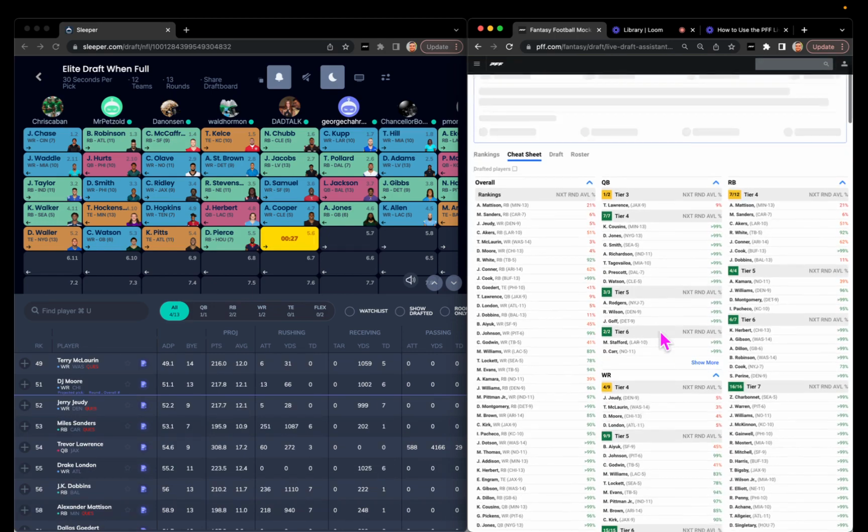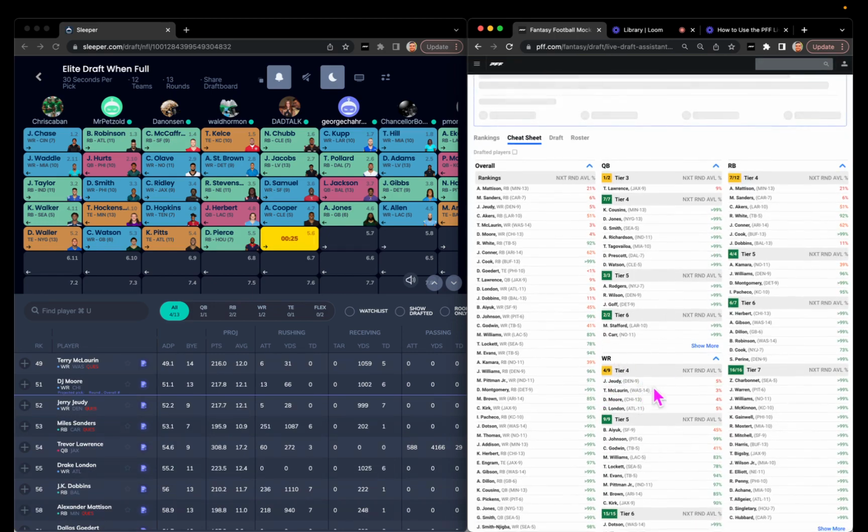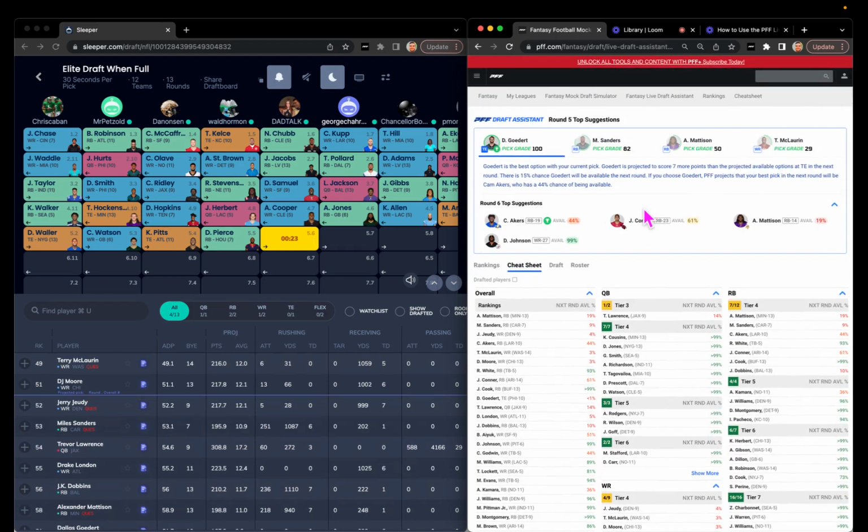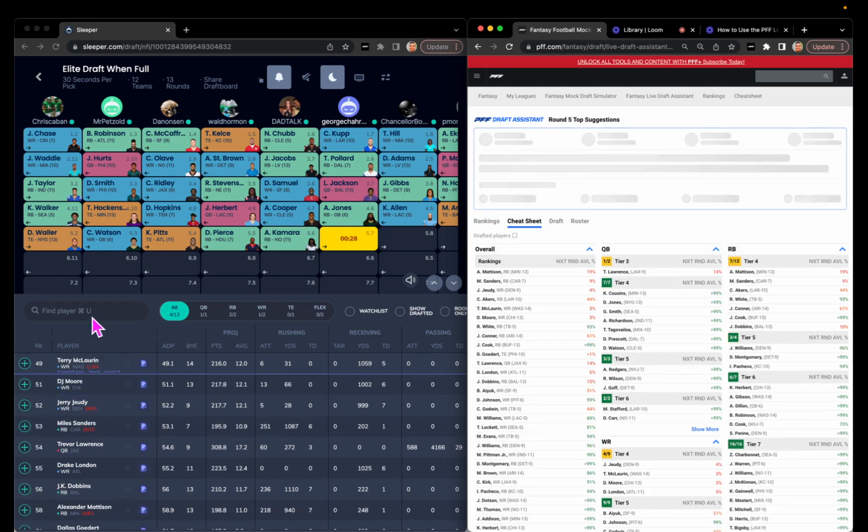So I'm okay with this tier here. I don't mind it. And there's no one really right now that I'm dying to take. I guess a Drake London would be interesting, if I feel good about the way that the Falcons are going to throw the ball this year, but honestly, with Desmond Ritter, I'm a little on the fence. Goddard was amazing in the playoffs. They have a really good offense, so I like where I'm at with Dallas Goddard. So I'm going to go ahead and grab